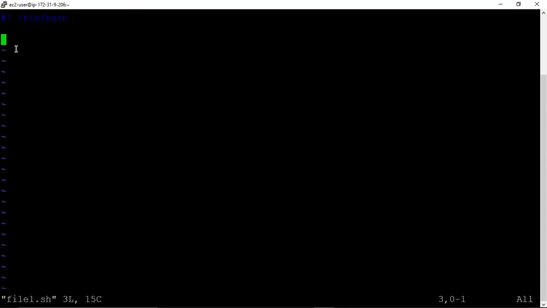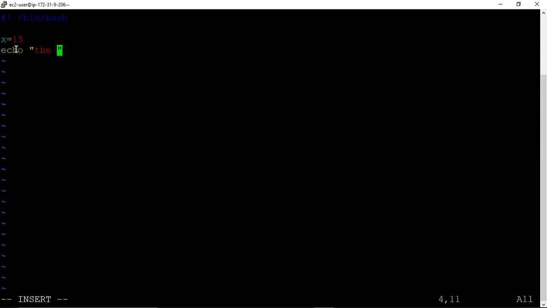We have to provide the path in order to execute our scripting file. Suppose we have x=50, so the value of x is 50. And we echo the same like this.